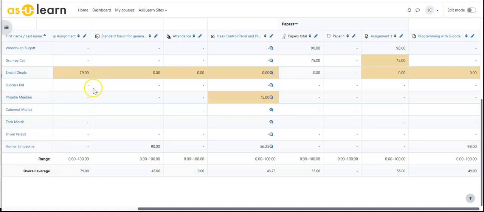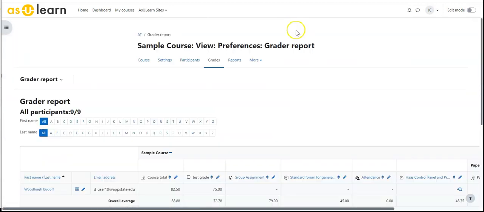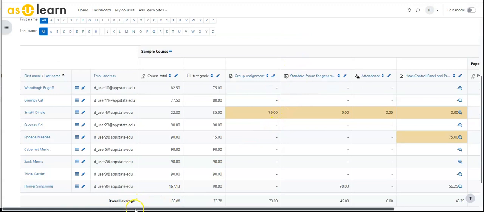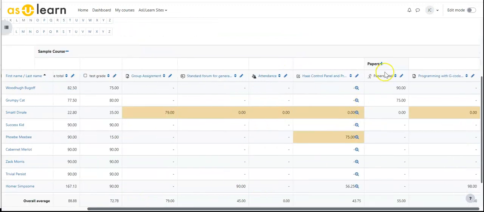Also, once you have categories, note this little minus sign after the category name. If I click on that, the first click will collapse the category and just show me totals. I find this very convenient if I have, say, quizzes inside of EduLearn in a category. I don't need to see the individual quiz grades. I can go into the quiz activity and see those there. I just need to see kind of the running total. I'll collapse that down. If I click it again,